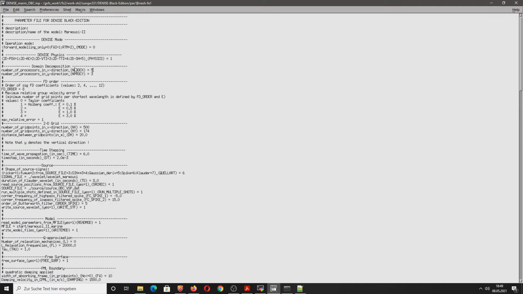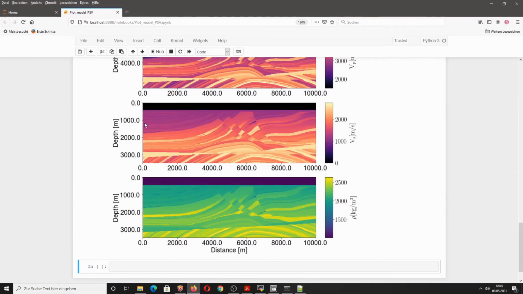In this case it simply says take the Marmousi-2 model and decompose it into 5 parts in x direction and 3 parts in y direction. That means we have in total 5 times 3, which is 15 parts of the Marmousi-2 model, making a total of 15 individual domains.